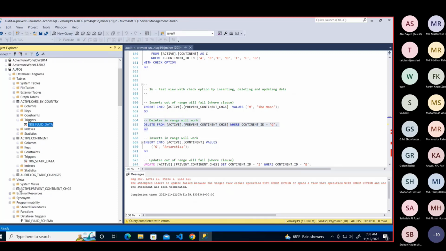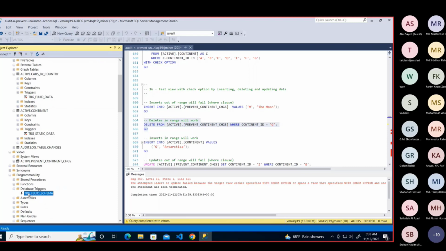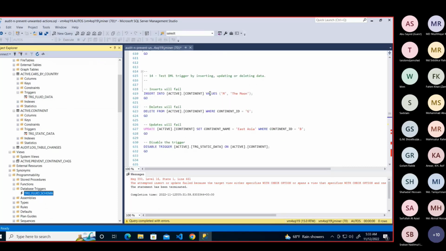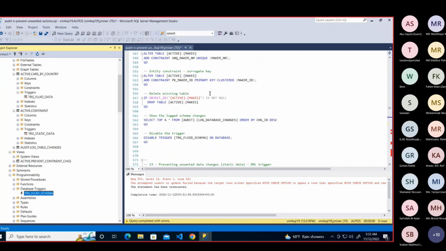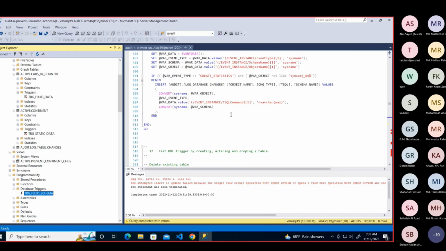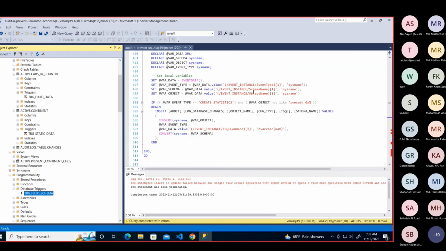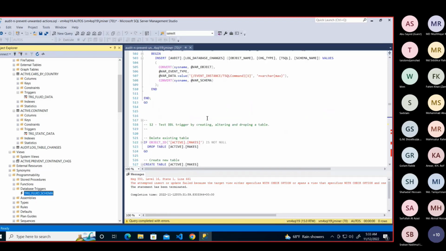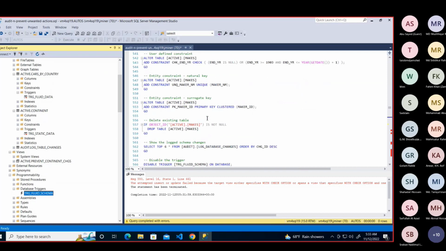This one, which is the database level trigger, we can do a lot of things with. Let's go back to the definition. I know I went over it really quickly because we've got a lot of stuff to go over. But if we go slowly through this, we can see that I look for events, and as long as it's not a create statistics event, and the object's not like a system sync object, which I'm not doing replication, then I'm just capturing it. So this will capture pretty much any type of database change that we do. Like I did a create table, right? If we went ahead and,